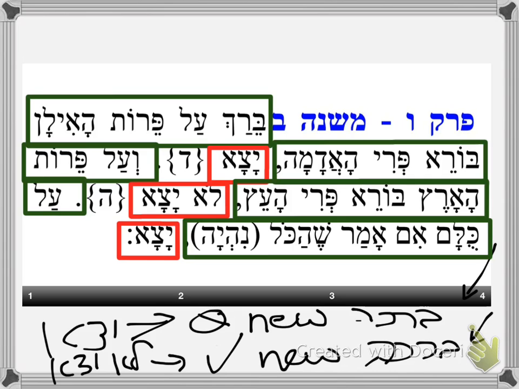So whether you had an apple, whether you had a potato, whether you had any other food, and you said shehakol, either because you made a mistake or because you just didn't know the bracha, so then yatza, you fulfill your obligation. You do not need to make a new bracha to continue eating it, because that accurately describes all foods. All foods God created. Everything exists because of God. And therefore, you do not need to make a new bracha.